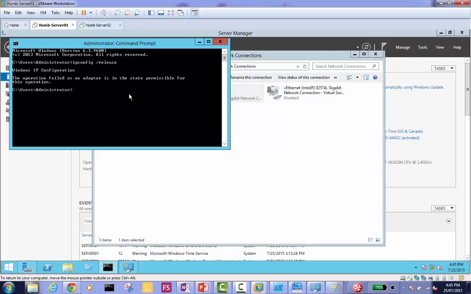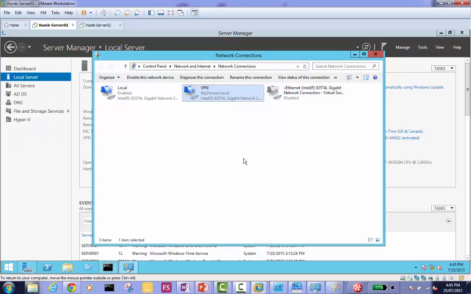The operation failed, as no adapter is in the state permissible. Okay, there's no use for that, I'm just doing it for myself. Everyone did this, because this is the most important step. If you have this configuration wrong, it won't work for you. I'm trying to delete this default here, but it's not going away.